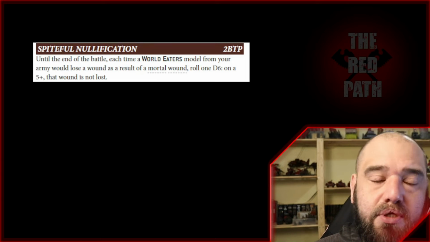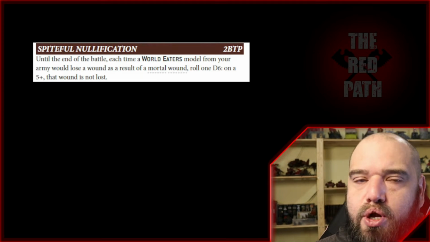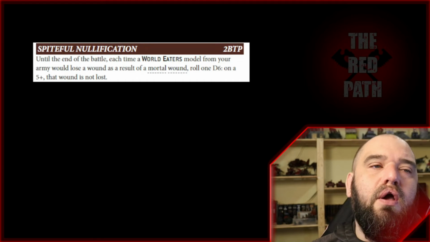So we'll start off with the cheapest here. We've got Spiteful Nullification. It's the 5-up against Mortal Wounds. So this is one you want to buy as soon as possible if you are going into Grey Knights,